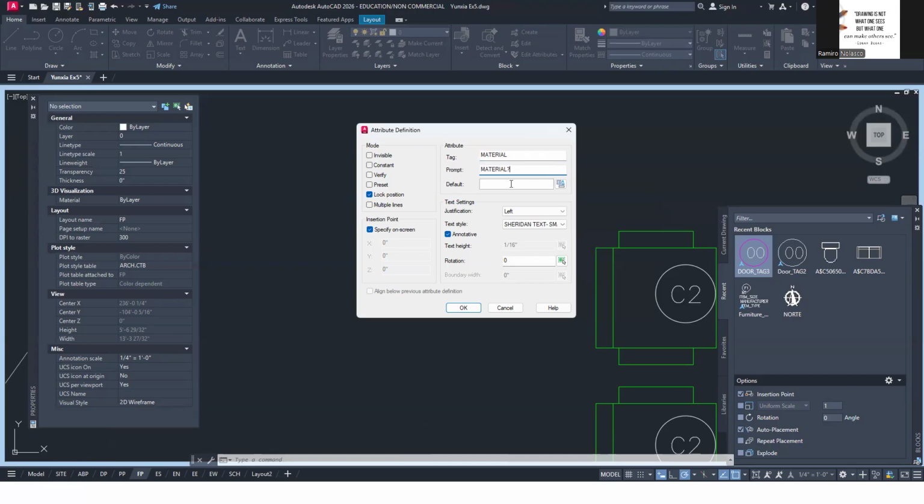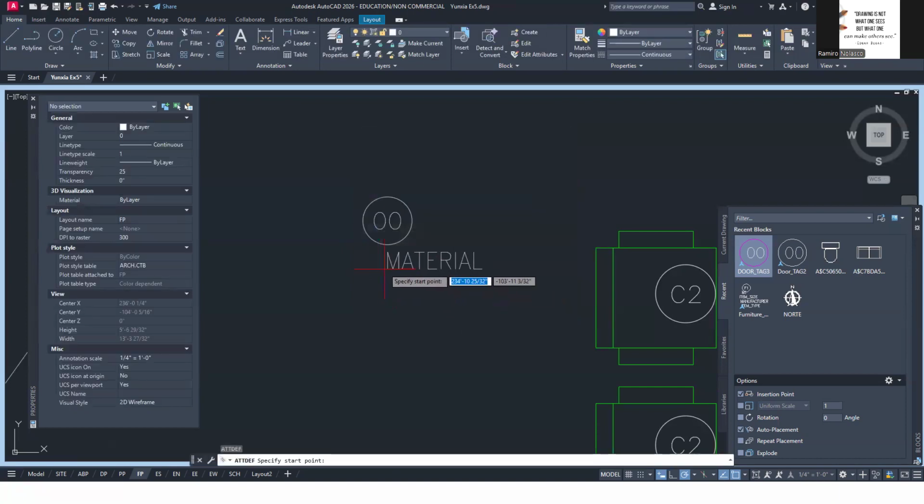Okay, and the default for this one, let's say, is wood. Okay, middle center, also small, but this time invisible. Okay, click OK, and we're going to place it here, middle center, so somewhere here.